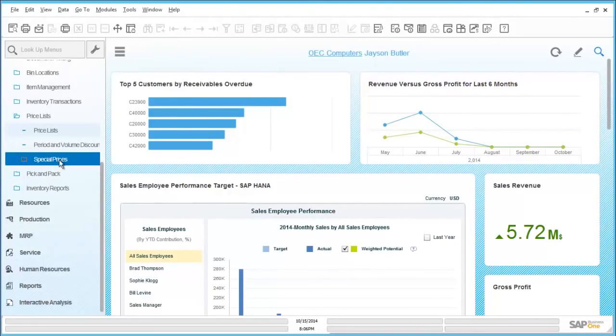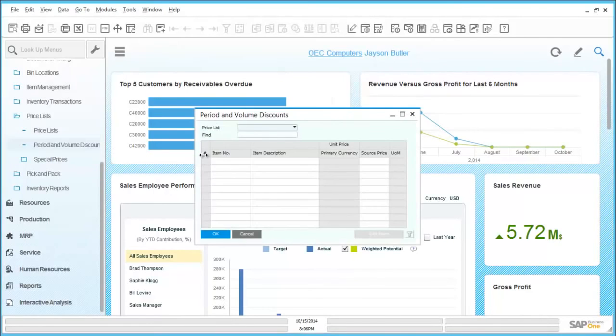In addition, special prices can also be recorded within SAP Business One. This is achieved by selecting per item or by customer, and then associating specific pricing for them. In this example here, we are selecting by an item code, and then double-clicking on the row,